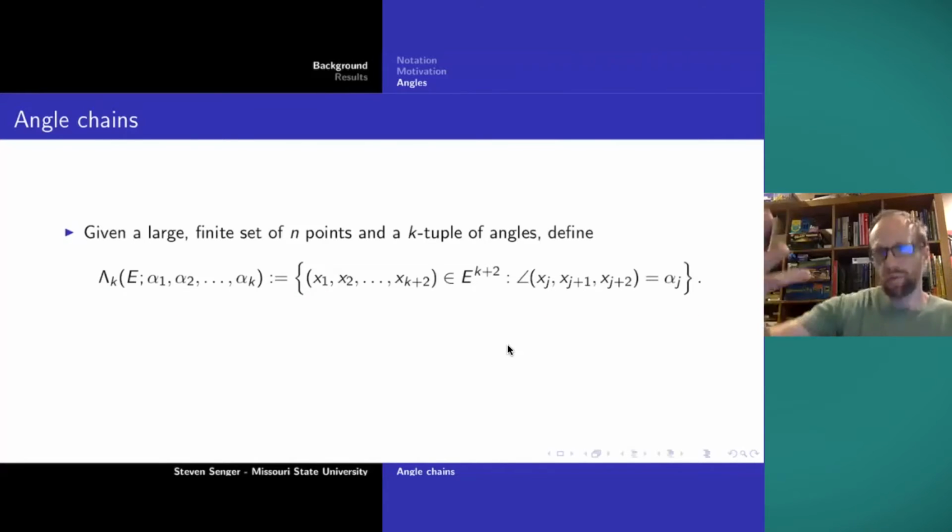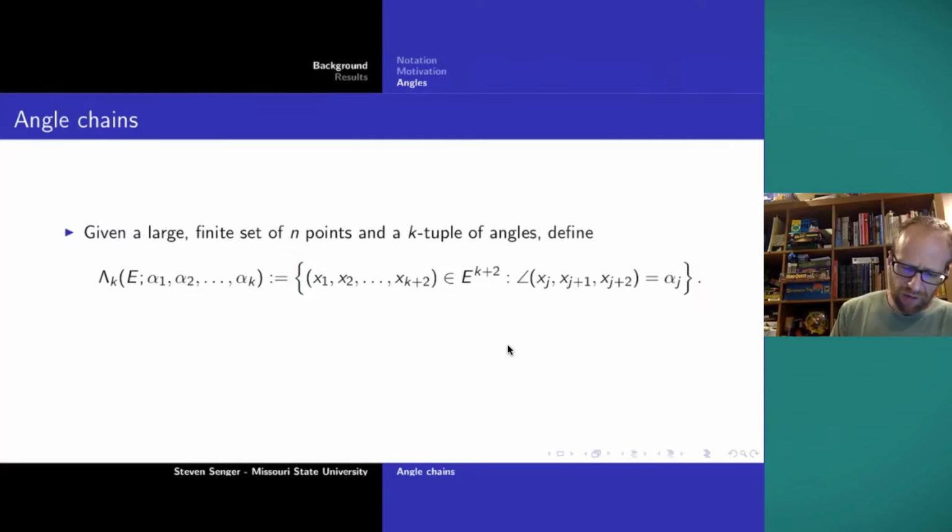So, okay, just a formal definition, and I know this is symbol soup. I'm just going to give you the worst of it, and then we'll pull back to something readable. I'm going to use capital lambda because it kind of looks like an angle. Capital lambda of k denotes the set of angle k-chains determined by a set of points E with the following angles. I had to pause and look because I never remember whether I've defined this as a set or as a number. That's the hardest thing for me when going back and reviewing a paper, seeing if the absolute value bars are there. But this is a set.